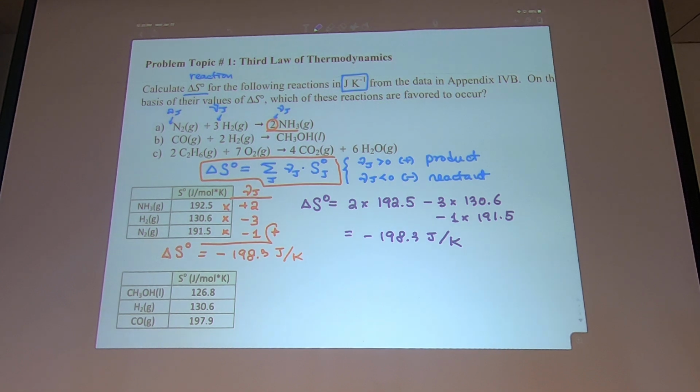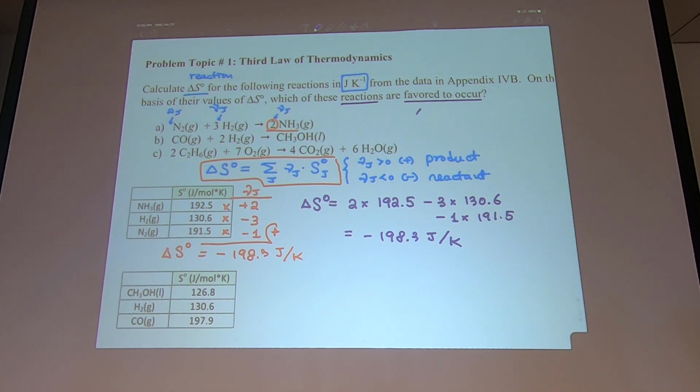And then the question is which direction is favored to occur. This is actually kind of a vague statement. The more direct term that scientists use is that this reaction is spontaneous. Okay? That's the term that everyone uses. The question didn't ask this way because this is not enough information. So what that means is